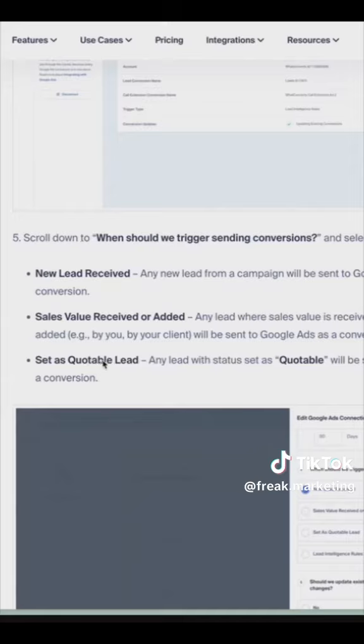And also keep in mind with this trigger type, you can also update the conversion with sales values when a lead closes. And that data will be pushed back to Google Ads. So you can then optimize the campaign to increase return on ad spend, even if you're not using this